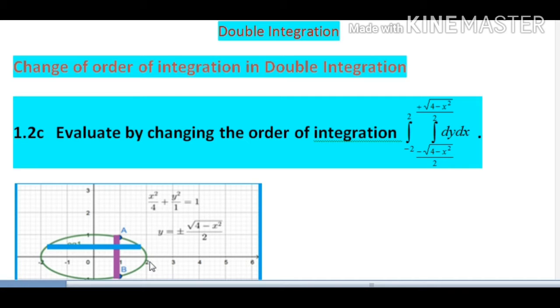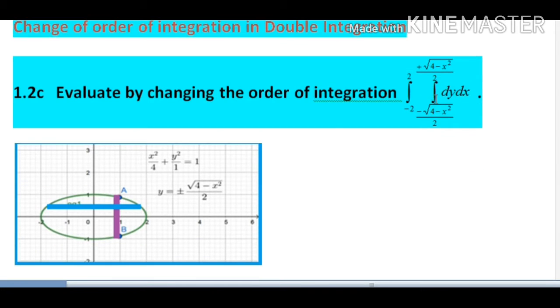And if the order is dy dx, then the given strip is vertical strip. You know this: if the order is dy dx, then the strip is vertical, and if the order is dx dy, then the strip is horizontal. So your given strip is vertical strip. Till now I have just explained the existing situation corresponding to this problem. Existing situation means you are given one ellipse, the order of integration dy dx, and your boundaries varying from x equal to minus 2 to x equal to 2.